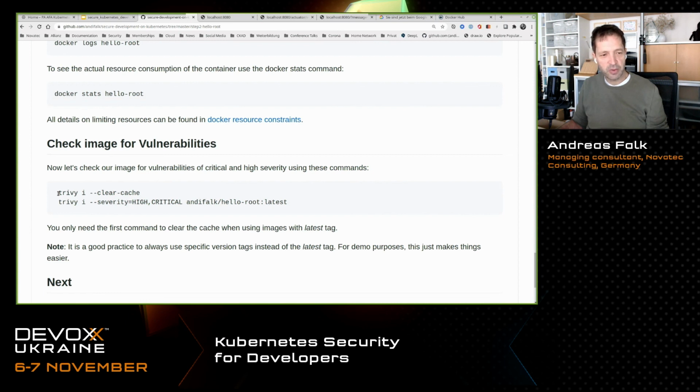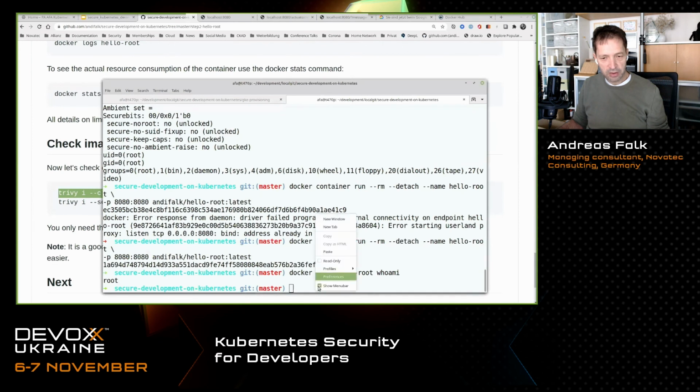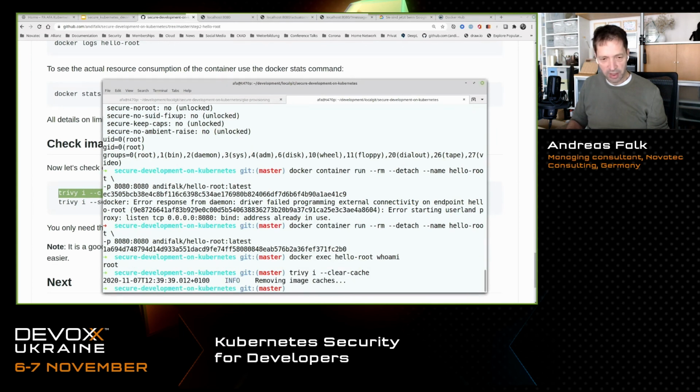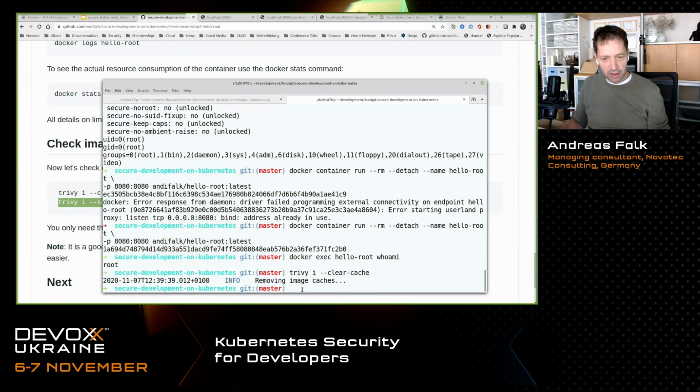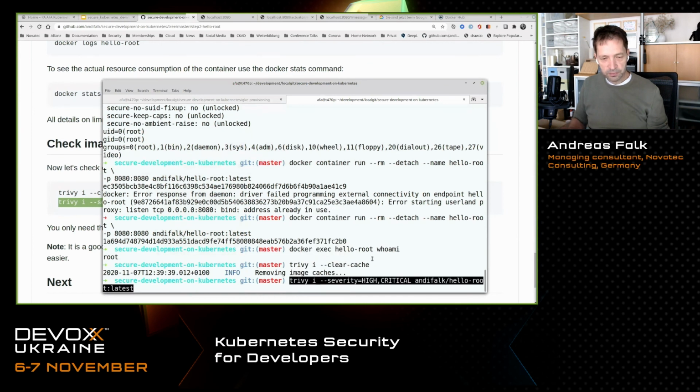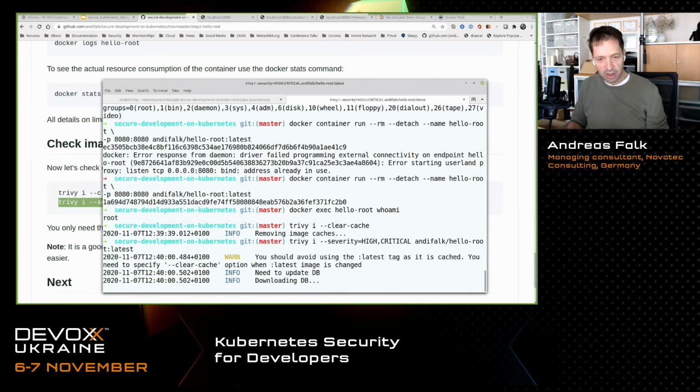What we can now also do is check that image for vulnerabilities. I'm using Trivy in that case, for example. It's always good advice to clear the cache before running Trivy against your container. And then we just want to execute the image scanning, and to not be overwhelmed by plenty of reports, we just scan for the high and critical ones against our own container image.